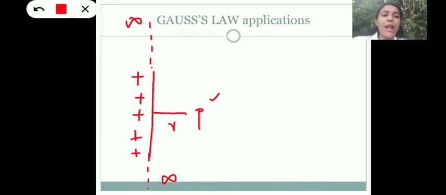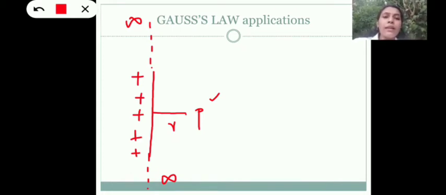So how will you apply Gauss's law in order to find out the electric field intensity due to line charge distribution? As you know, Gauss's law can be applied only on a closed surface. Here we can't find any closed surface. So the first and foremost thing that you want to do in order to apply Gauss's law is to construct a closed surface, and that closed surface can be considered as our Gaussian surface. Gaussian surface means it's an imaginary surface over which we are going to apply Gauss's law. It will be a closed surface.